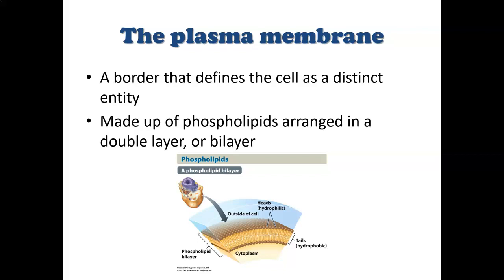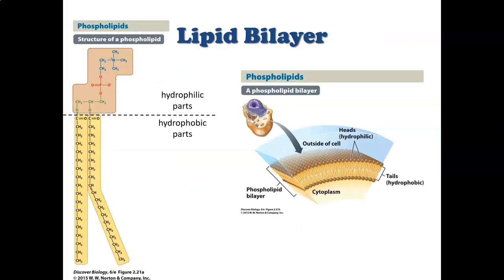In order to understand cell transport, we need to understand and revisit what we know about the membrane. So remember, the membrane is a double layer of phospholipids that separate the interior portion of the cell from the outside portion of the cell. So phospholipid, you'll recall, has two parts to it: a hydrophilic head. So the phosphate head is hydrophilic, and the fatty acid tails are